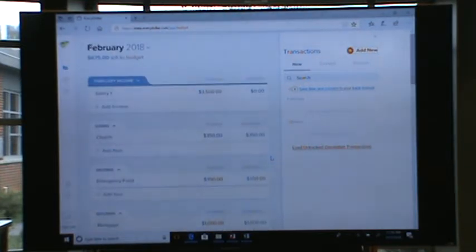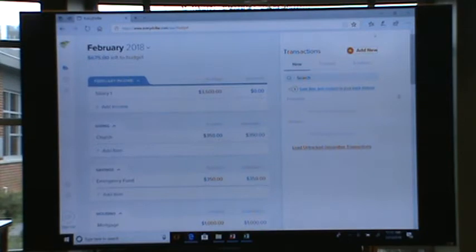For items like, I don't know if you're Sam's people, we love Sam's. I love the new Scan and Go app. That's awesome. No more lines at Sam's. But if you think about it, you can buy just about anything at Sam's. So it's not unusual for us to go in there and buy things that go in the grocery category, the clothing category, and maybe even miscellaneous or household. It goes into multiple categories.